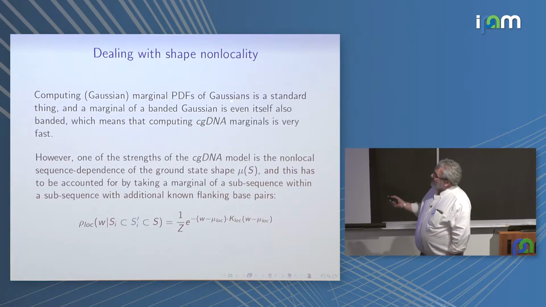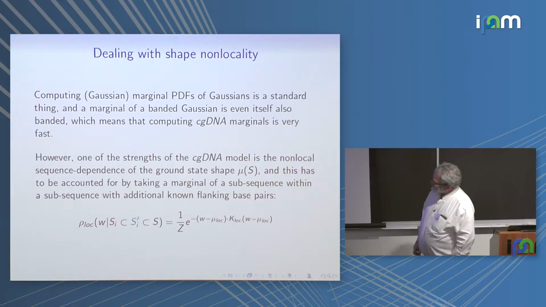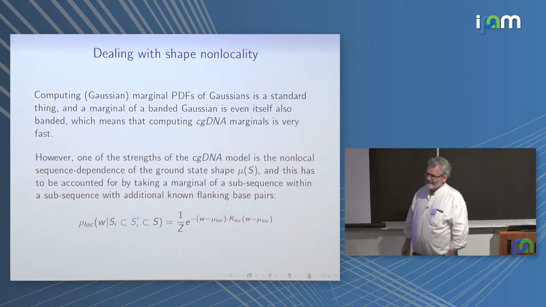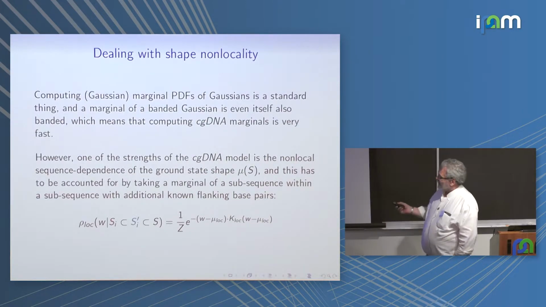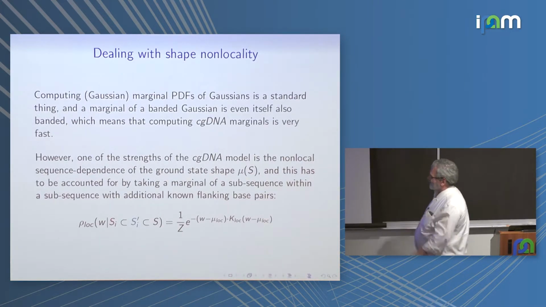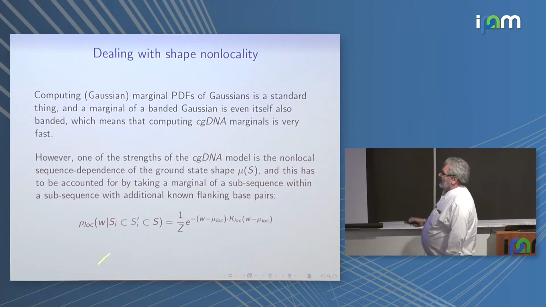Now it's interesting, we have banded Gaussians. I have not actually found it said anywhere, but it's certainly true, that if you compute the marginal of a banded Gaussian, it's always banded. This isn't completely obvious, because when you invert a banded matrix, you get a dense matrix. You take a subblock of that dense matrix, and it has the property that its inverse is still banded. Yeah? So it's interesting. It's not hard, but it's very important for us because it means we can compute these marginals very, very fast. Right? But that's fine.